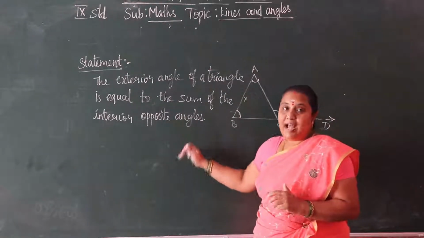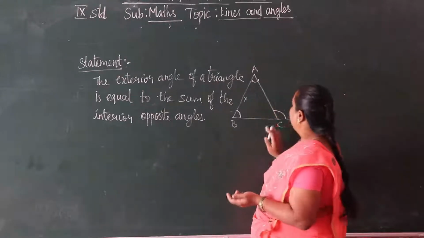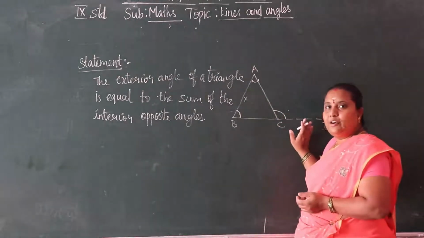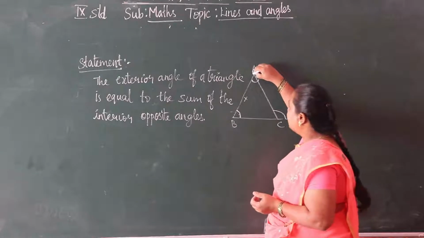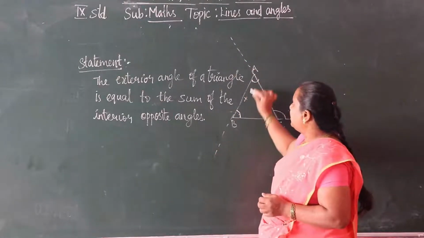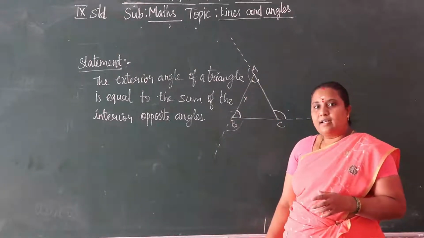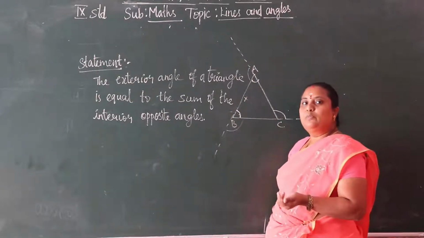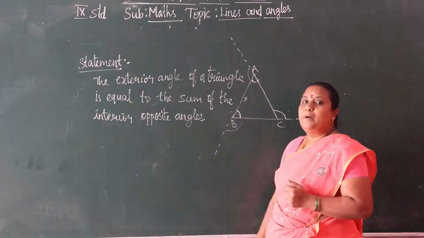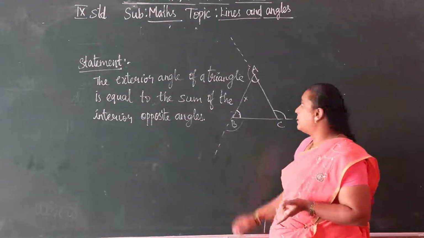If they ask for the proof also, you can prove it, no? While we extended the line here, in the same way we can extend the line on both sides. By this we can take all the exterior angles of a triangle and prove the exterior angle property by the linear pair of angles. Is it right, children?